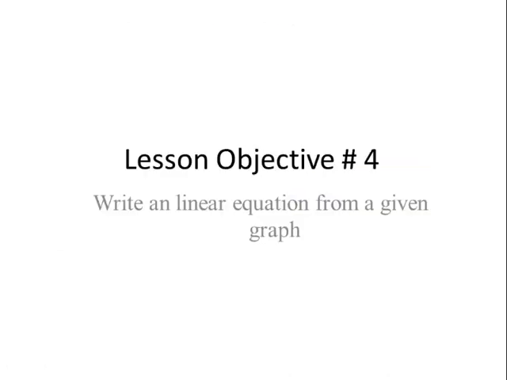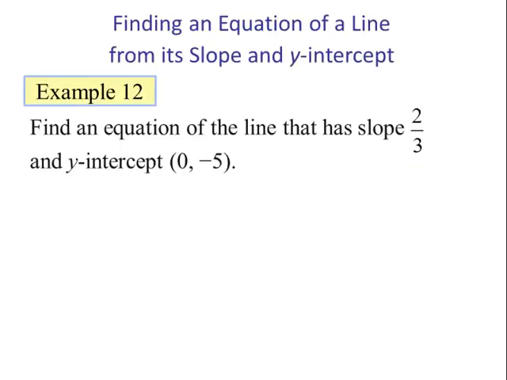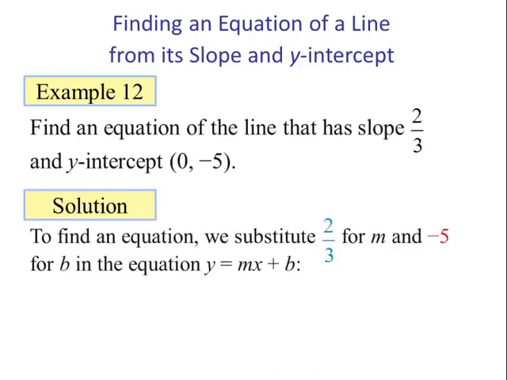70.5%. Lesson objective. Find the equation of a line that has slope 2/3 and y-intercept (0, -5). We're going to write this in y equals mx plus b form. We're given the slope. We're also given the y-intercept. So all we have to do is substitute those values in for m and b. So we have y equals 2/3 x plus -5, which we could write simply as y equals 2/3 x